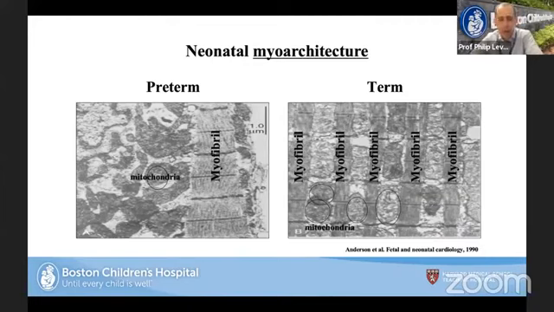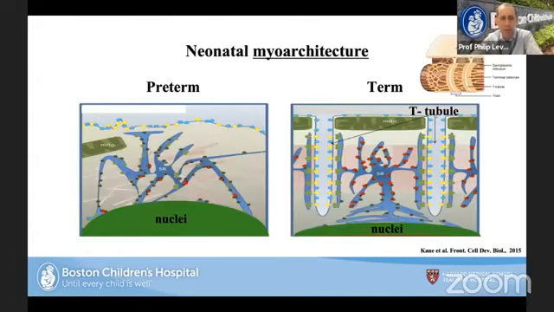This is electron microscopy from animal models, but the preterm heart has fewer myofibrils and fewer mitochondria. So there is just an overall decrease in the energy and metabolism capacity compared to the term hearts. Let's look at a picture of this. You can see with the preterm heart that the sarcoplasmic reticulum is underdeveloped. The nuclei are larger. There are no transverse tubules, which really help with calcium metabolism and linking the sarcoplasmic reticulum